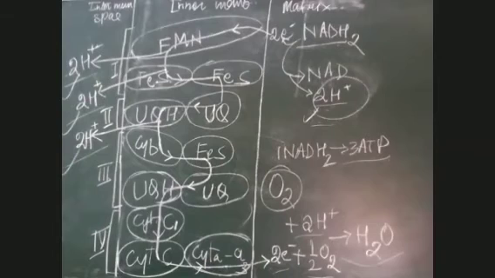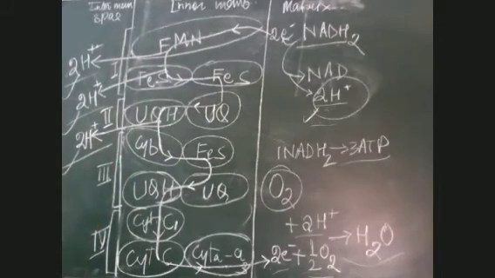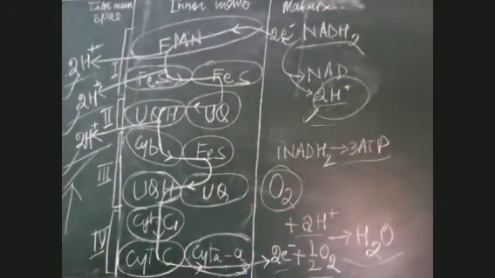That energy which is produced is transferring the hydrogen to the intermembrane space. Now see, because most of the hydrogen is transferred to the intermembrane space, the concentration of hydrogen, that means of protons, will increase here, and the concentration of protons will become low in the matrix. Now what will happen? A proton gradient will be formed, and by the breakdown of that proton gradient, energy will be released, which will be synthesized in the form of ATP by F0 and F1 particle.